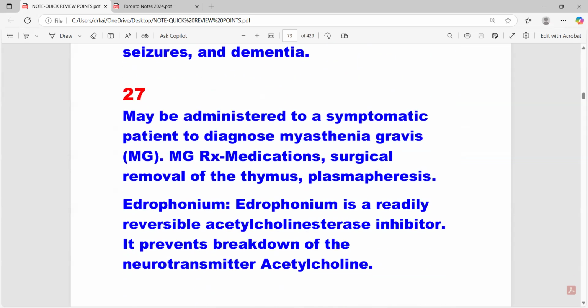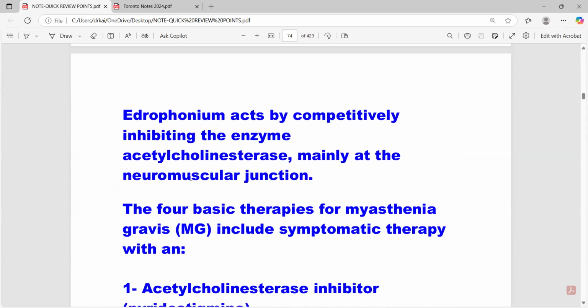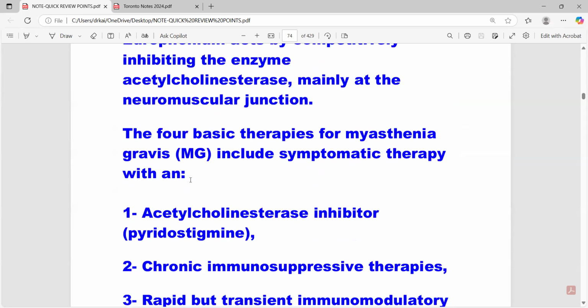Maybe associated symptoms, the patient is diagnosed with myasthenia gravis. So myasthenia gravis symptoms can be given. So just see what the presentation of myasthenia gravis is and what the treatment is. It's surgical removal of the thymus and then edrophonium. So you just have to read like how I am reading, okay? You don't have to go into very much detail. It was mainly to build up your concept, so that's why everything is written here.